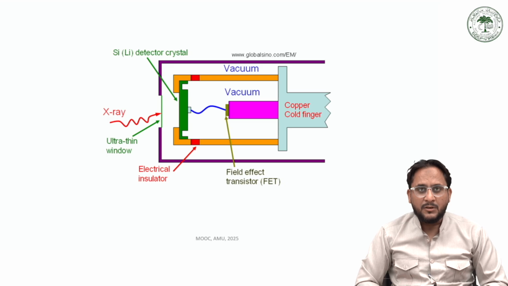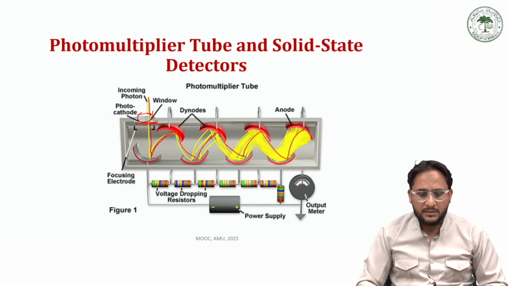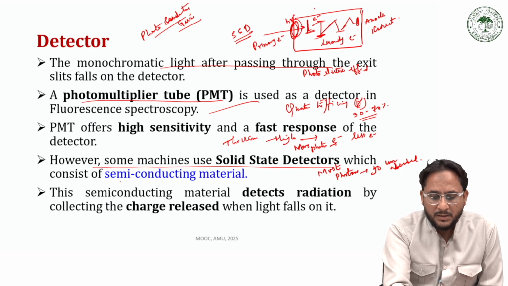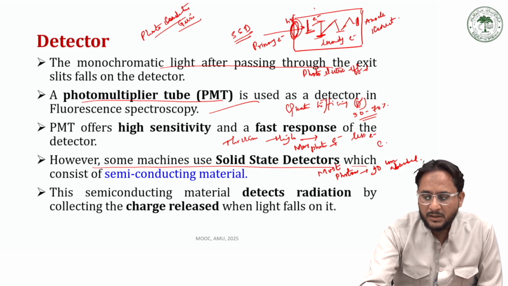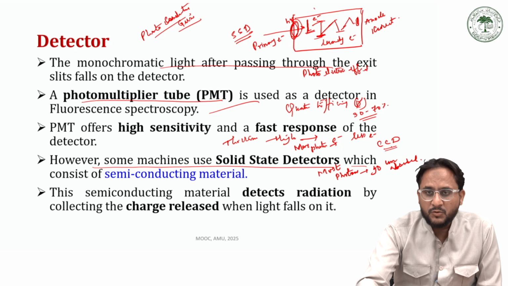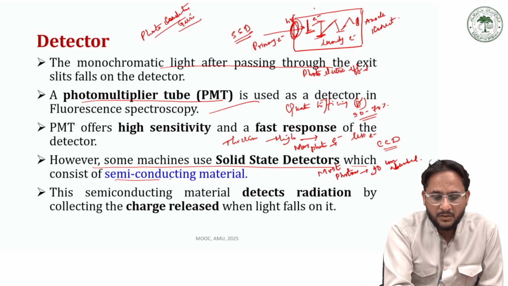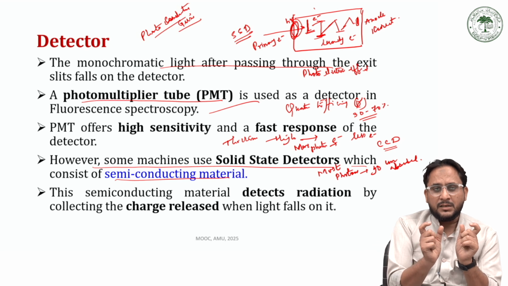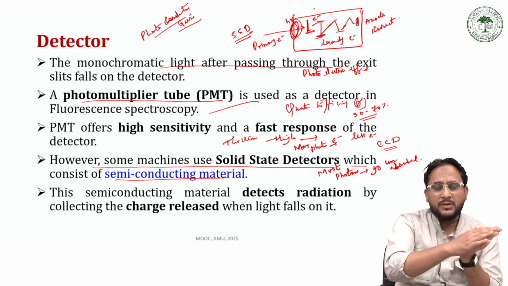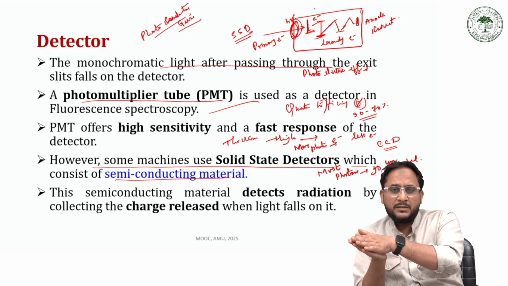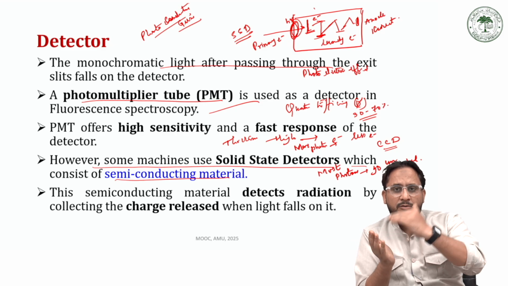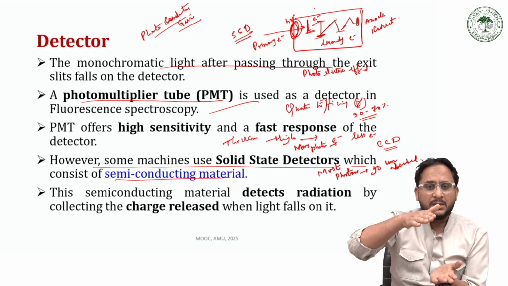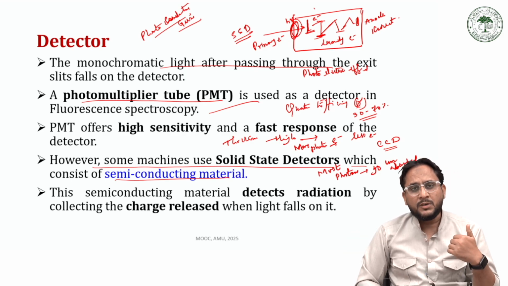On the other hand, we also have solid state array detectors that are also mentioned here. We have some machines called solid state detectors that basically work on either a charge injection device or a charge coupled device. So we mostly use charge coupled device based detectors. They are made of semiconducting materials, and the beauty of semiconducting materials is that their conductivity is in between insulators and conductors. Conductors have valence and conduction bands overlapping with each other, so the electron can easily move from the valence band to the conduction band, while in the case of insulators there is a large gap, so that electrons cannot go from